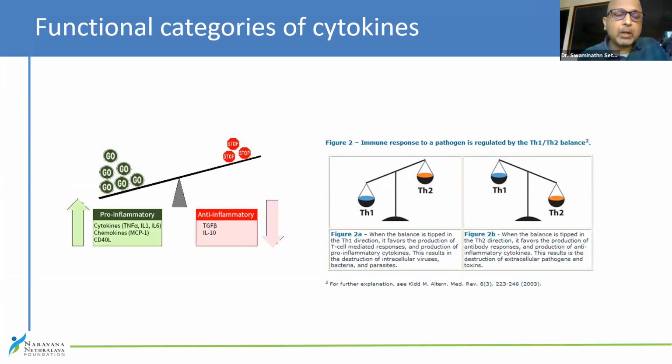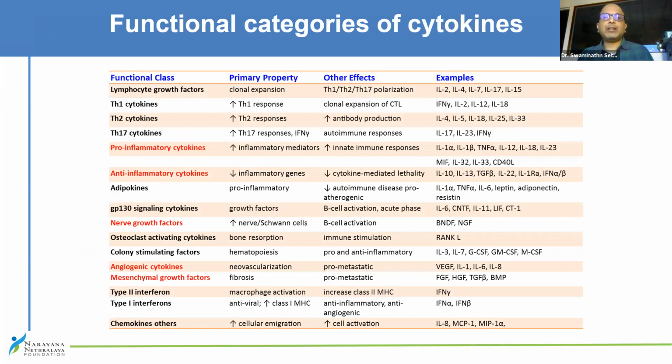These are very simple listings, but the listings actually change with reference to the type of stimuli, the type of disease, and the type of organs. So that's why I've kept it simple in terms of classes, and the classes can always be dynamic in terms of who is going to populate each of these classes. And this is one of my attempts to put all of them in one table,